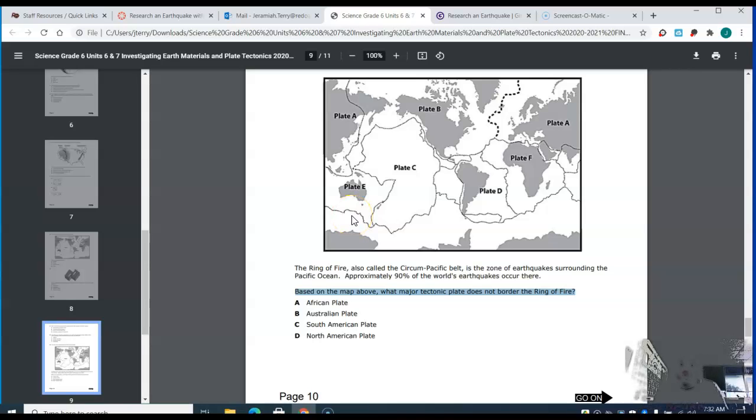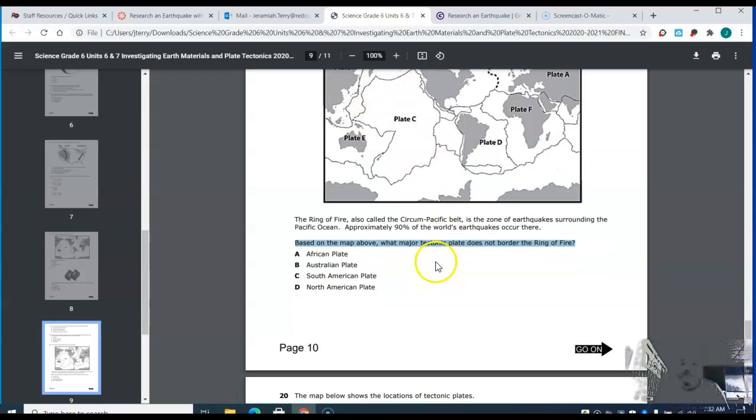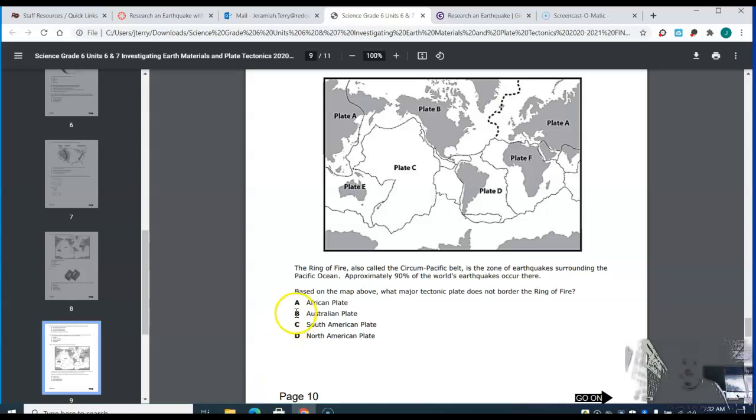So you have to know where the Ring of Fire is. This is the Ring of Fire, right here, the Pacific Plate. What plate does not border the Pacific Plate? Is it A, the African Plate, B, the Australian Plate, C, the South American Plate, or D, the North American